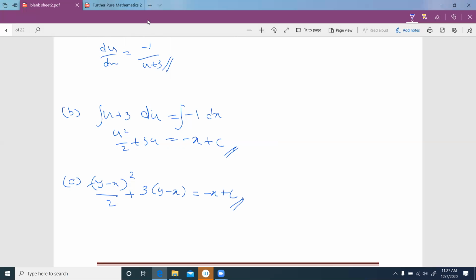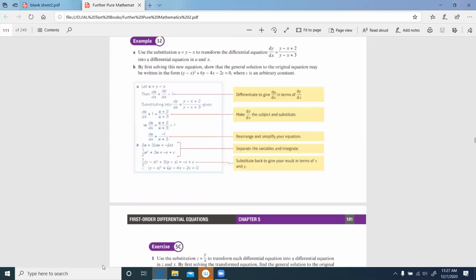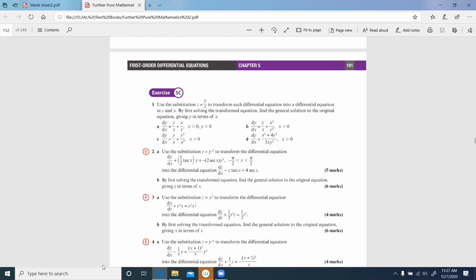Example like, if you come across this question,